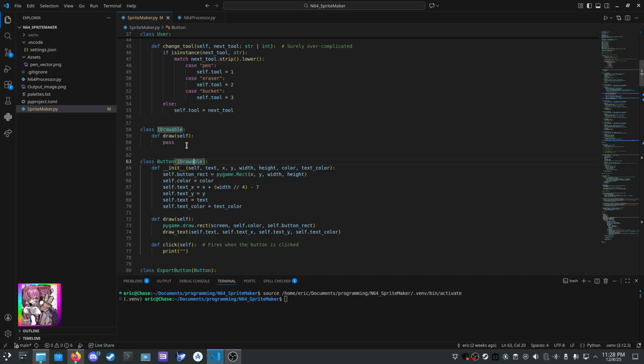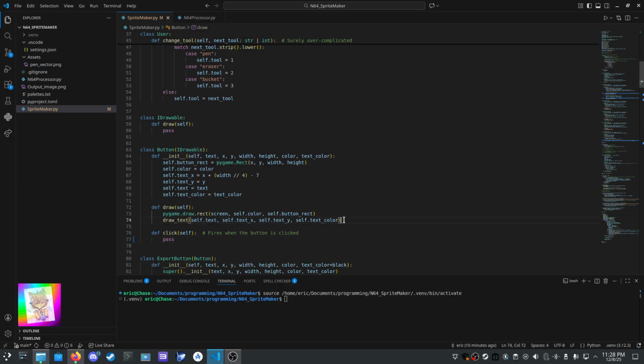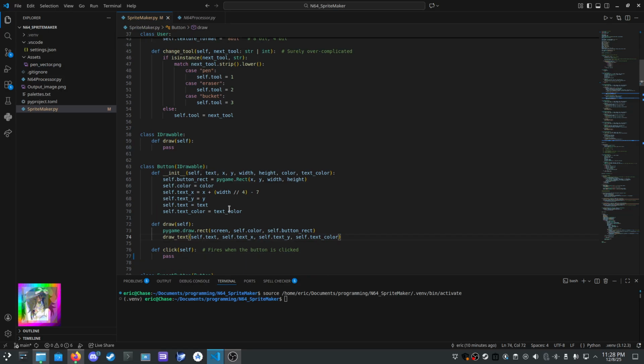Okay? And our initialization for any button ever, anything that is a button, will have text displayed. Technically, you could just give it an empty string, and I actually do at multiple points.